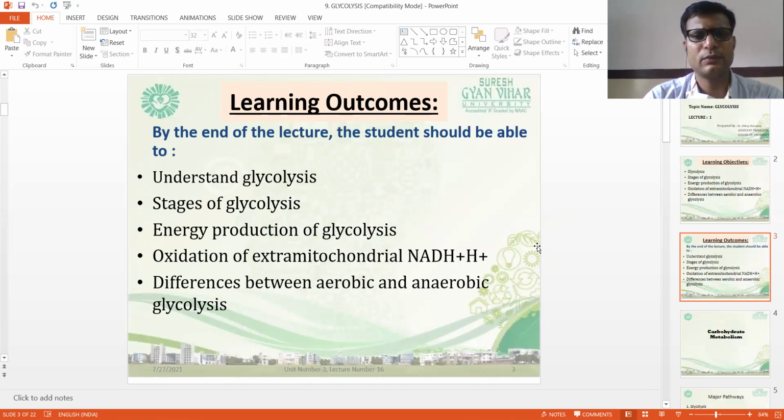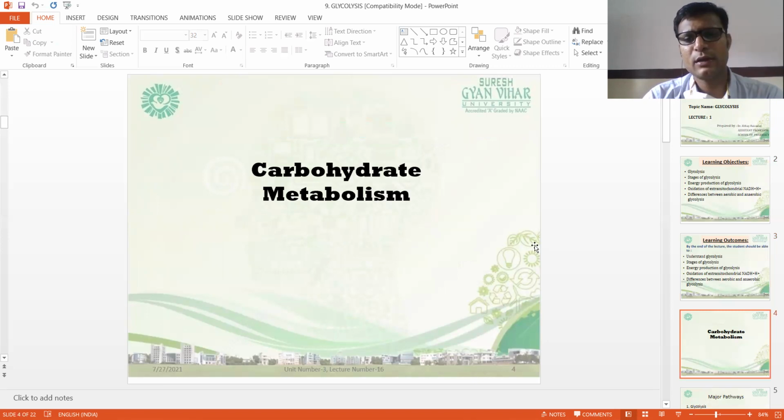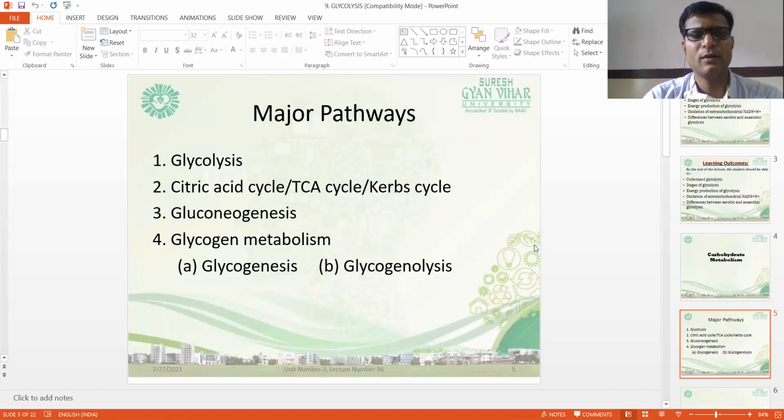The outcomes will be that you fully understand what glycolysis is, the statement of glycolysis, the production of glycolysis, the oxidation of extra mitochondrial NADH, and you will be able to understand the difference between aerobic and anaerobic glycolysis. So glycolysis comes under carbohydrate metabolism. In carbohydrate metabolism, the major pathways include glycolysis, the breakdown of glucose into simpler molecules, because we all know that glucose is a six-membered carbon,